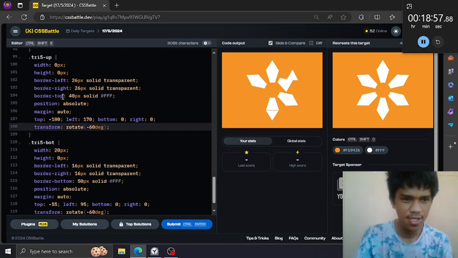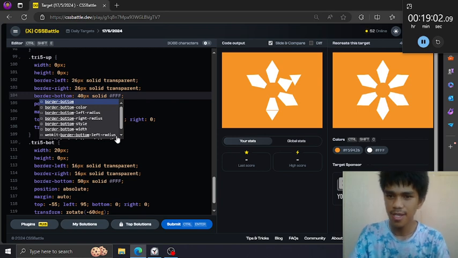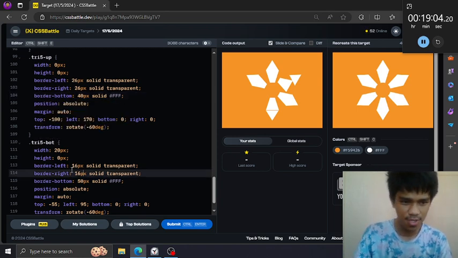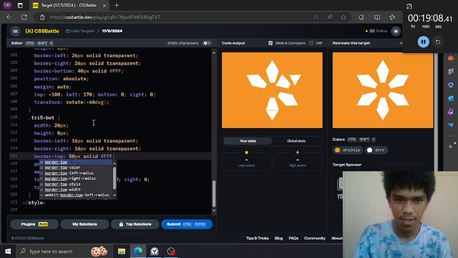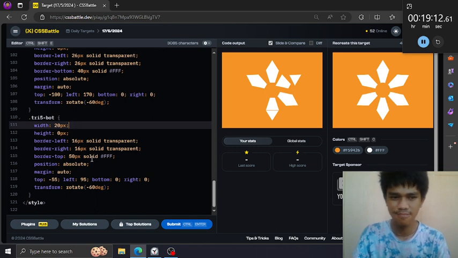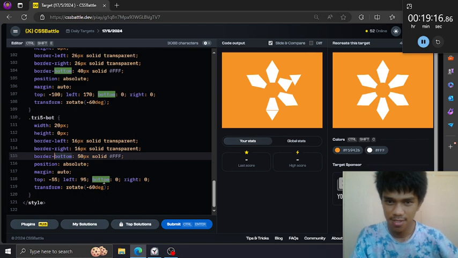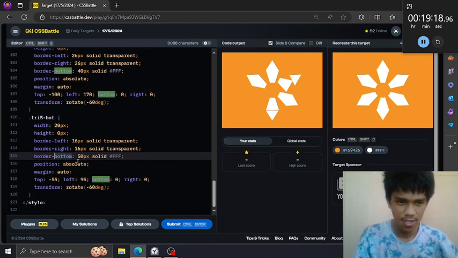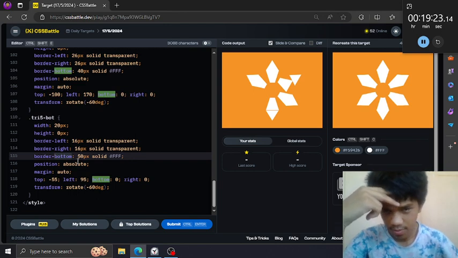We can change this to bottom, base, and also this one, top. I guess I'm wrong. And what do you see here? Oh, how can we do this?